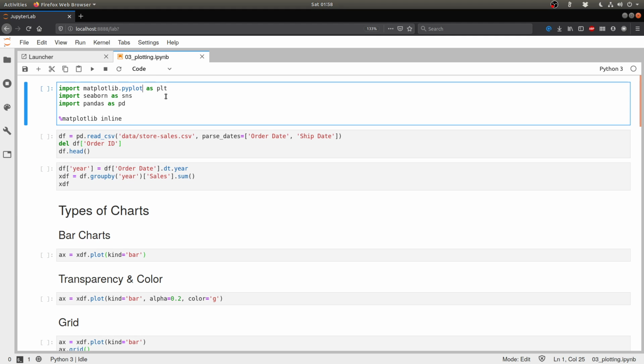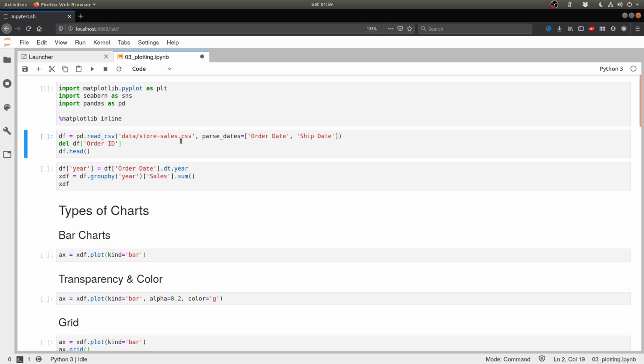Now, the chart that Seaborn creates, you can use Matplotlib to tweak it and change some of its attributes. What those attributes are and how you keep on tweaking a chart to make it look better is what this particular video is about. So as usual, let's run the imports, and there we are.